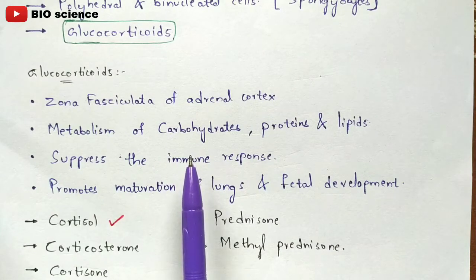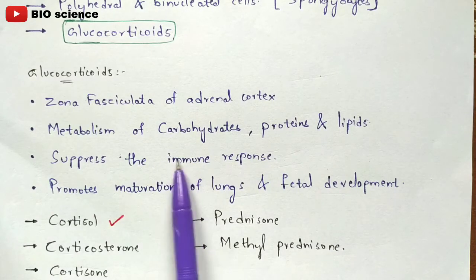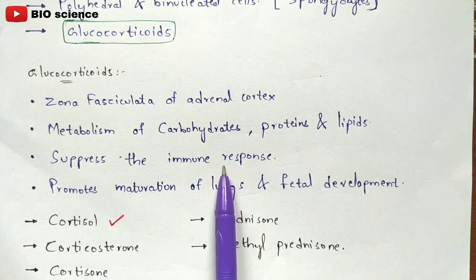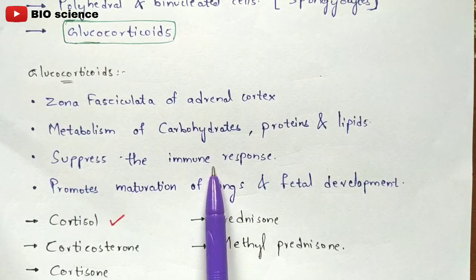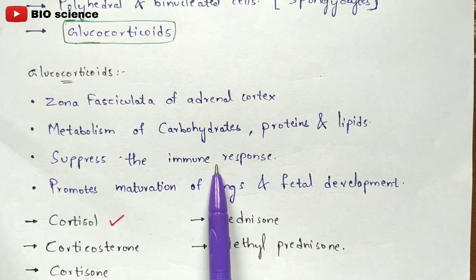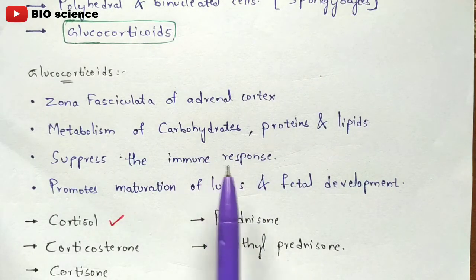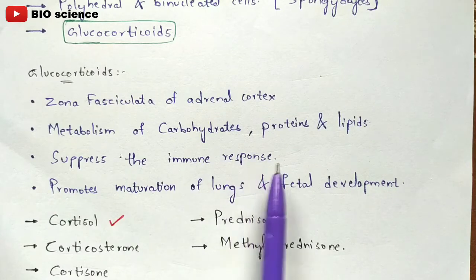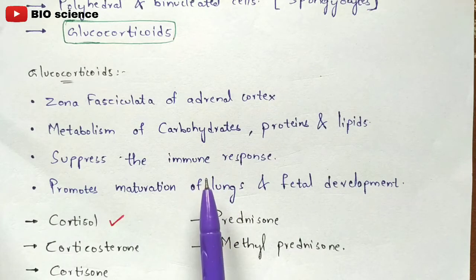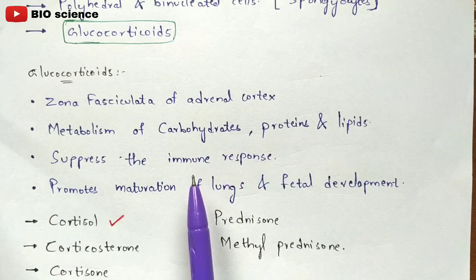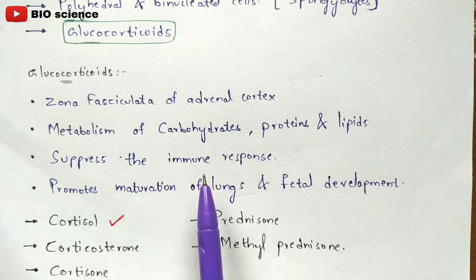For example, if any type of virus enters into your body, this immune response recognizes that particular virus strain and starts releasing the particular antibodies to kill that virus which has entered from the external environment into your body. So that is nothing but the immune response, right? You know about the antigen and antibody interaction, right? If you don't know the basic idea about this antigen and antibody interaction, the link will be provided in the description box. You can watch the video over there.